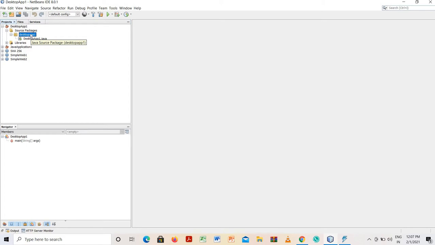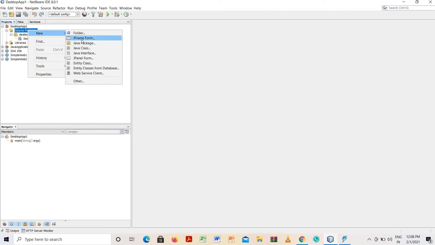This is the package. In a web application we have seen that by default we have folders like web, source packages, configuration file, libraries, all these things. But this is not a web application, this is a Windows application. So there is only one package, that is the source package. In these source packages, right click on new, and in this